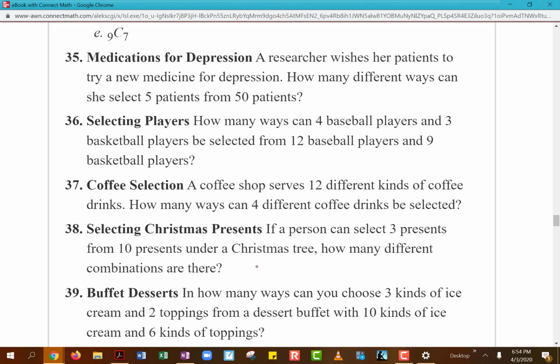So how many ever baseball players you have, as long as you choose from those 12, 4 of them, it really doesn't matter who you picked first and who you picked last, okay? So in this case, that means we're actually going to be doing a combination calculation. And since we're looking at 2 different groups of players, baseball and basketball players, the way this calculation is actually going to work out, and this is number 36,